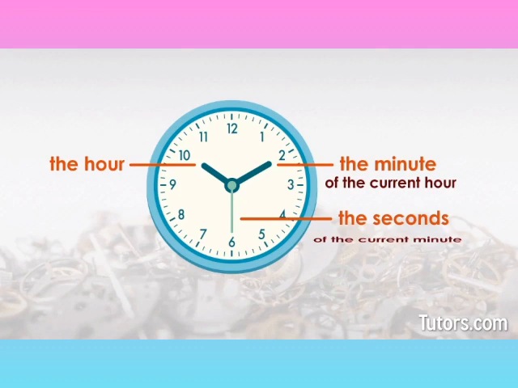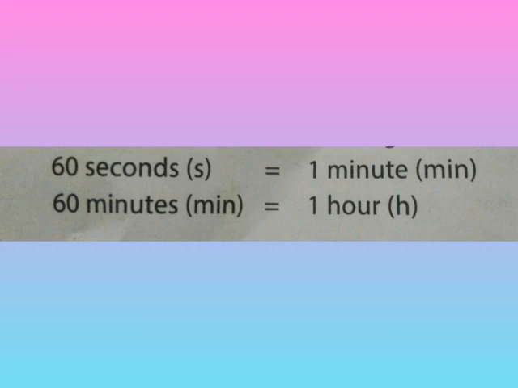When the seconds hand completes one rotation, that is from 12 to 12, it is called 1 second. This rotation goes again and again. When this rotation completes 60 times, that becomes 60 seconds. It is called 1 minute. So when this 1 minute again becomes 60 minutes, it is called 1 hour. So we can say 60 seconds is equal to 1 minute and 60 minutes is equal to 1 hour.